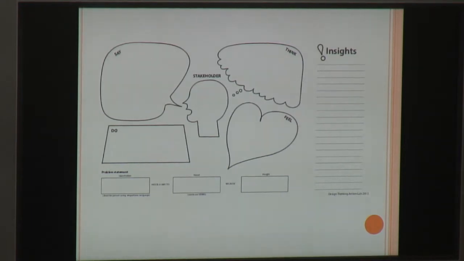So that's about all I had for you today, although I've got a couple of things to hand out. One is this document about contextual techniques. This document has some ideas about how you can gather information from interviews and how you can look at data from interviews as well and communicate that. So I'll pass that around.